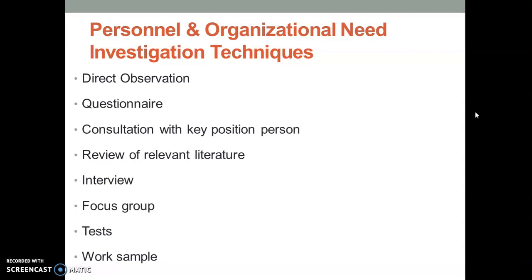Now, test is something like a set of questionnaires, technical questions with respect to the job profile. The person is asked to perform on this examination, and standard results are available which determine the level of competencies of the individual, and on the basis of that we can identify what needs to be nurtured in the person. And the last is work sample, where the person is given a small portion of the work